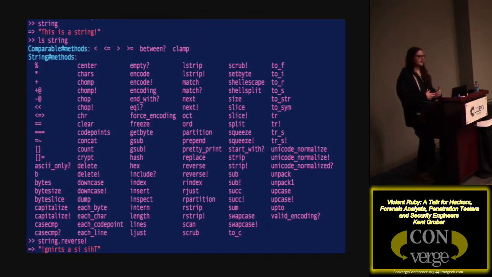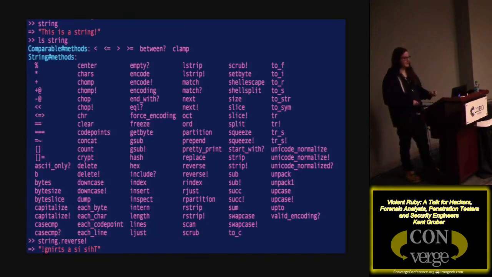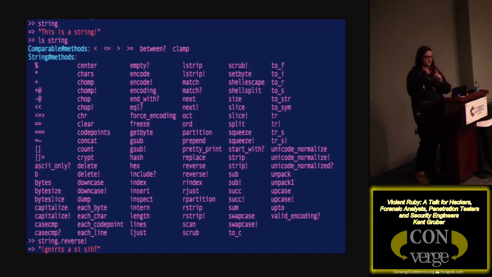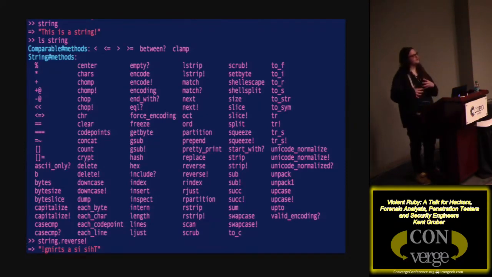with that object? Inside of pry, you can just ls, like you can ls on a file and look at all the things underneath it. We can check things that are comparable, so we can check if it's in between something or whatever, or we can do certain methods on that string, so we can check if it's empty, or if we have an exclamation mark, basically it'll change what's happening in that packet. So if we had string dot reverse, and then we check that string later, it would still be a reversed string. So interesting syntactic things that aren't even enforced all the way.